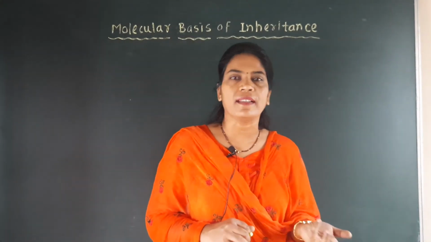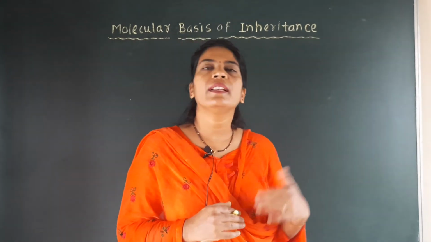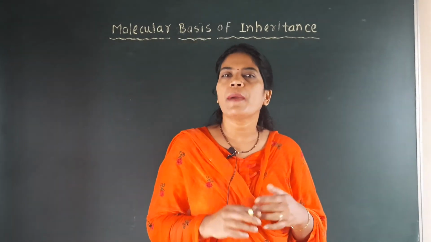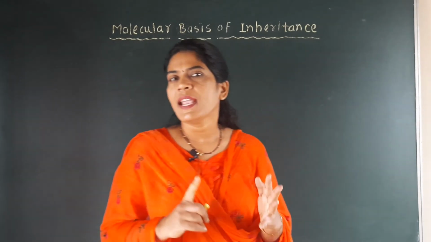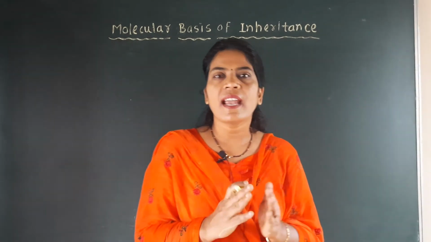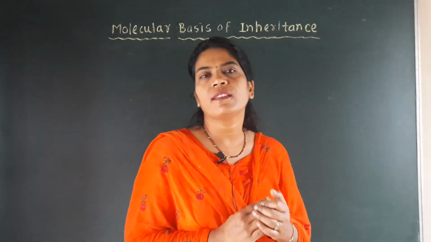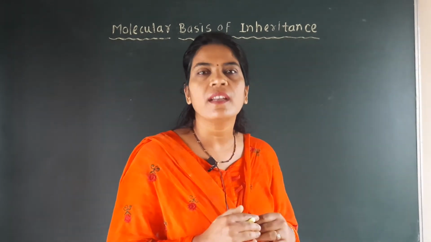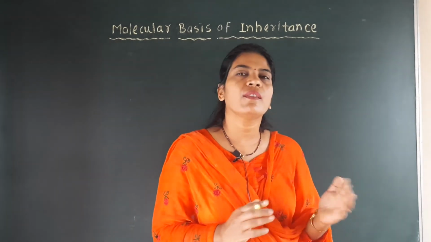Okay, genomics means what? The study of the genome is carried out in that branch, that is called genomics. But how is the study of the genome carried out? By its analysis, by its sequencing, by its mapping. Three terms are very important: analysis, sequencing and mapping. Analysis means that genes can be separated, they can be sorted out, their study can be easy, that is called analysis. Okay, sequencing means what? How the different genes are present there, how their arrangement is there, which type of nucleotides are there, that is called sequencing.